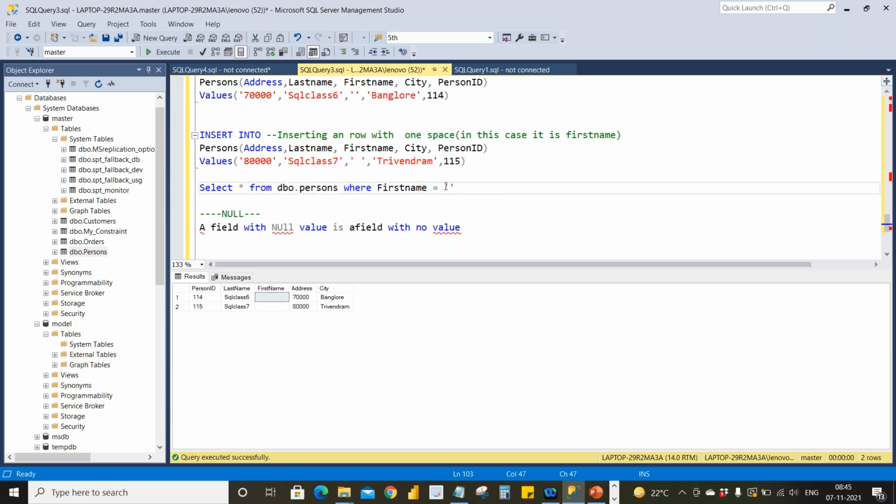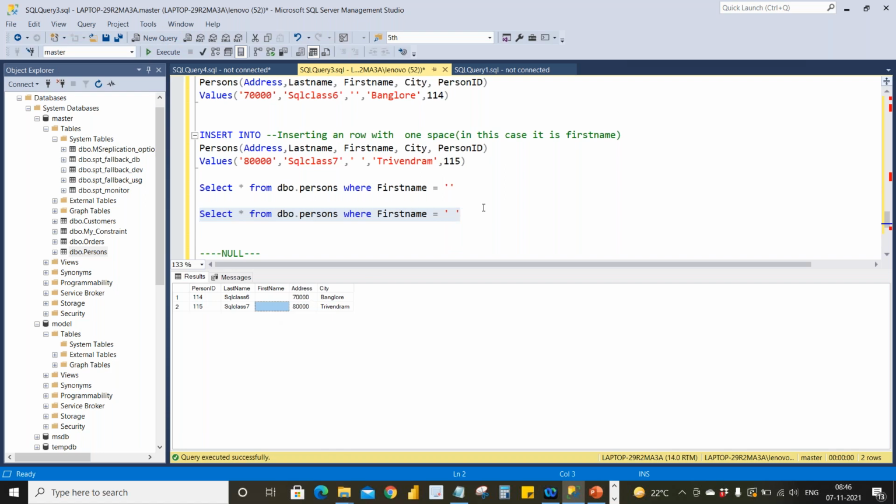If you give this particular single quotes over here, it will take an empty row as well as a blank row as well as any row with some spaces. Other than spaces, it should not have any other value. But we will see another example over here. I'll insert one row over here, then I'll get only 115. See, even now it is taking it in this particular way.